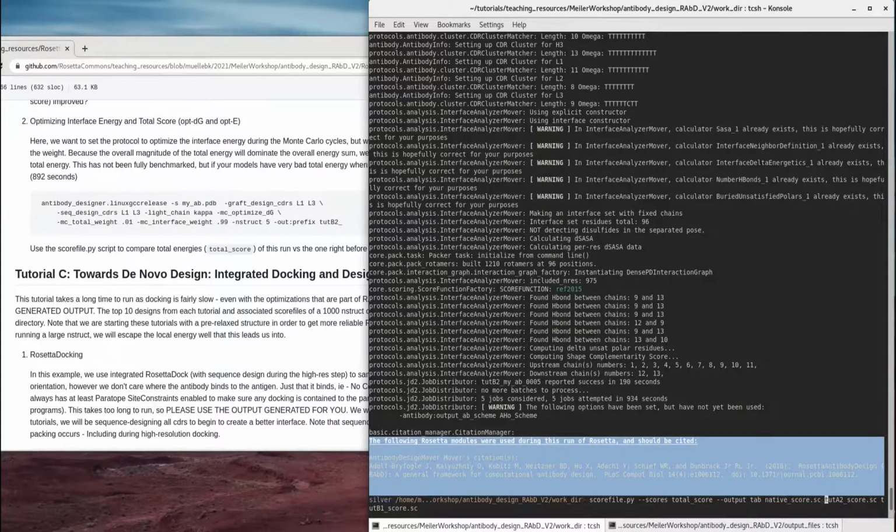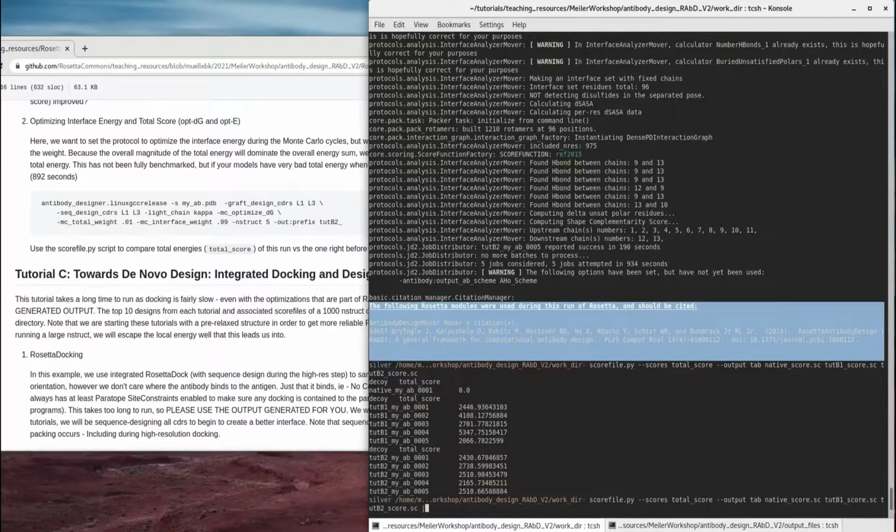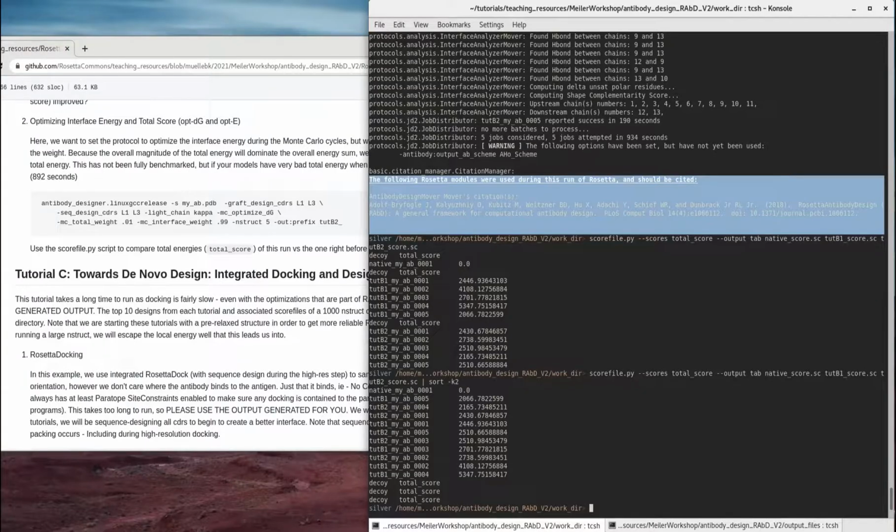We'll just include the native again just to see. So tutorial B1 and tutorial B2. Oh, and we can sort this as well. The native actually doesn't have a score because, just remember, we didn't actually run it through there, so this will be 0, but that's fine. As we can see here, tutorial B1 actually wound up with a lower total score than B2,